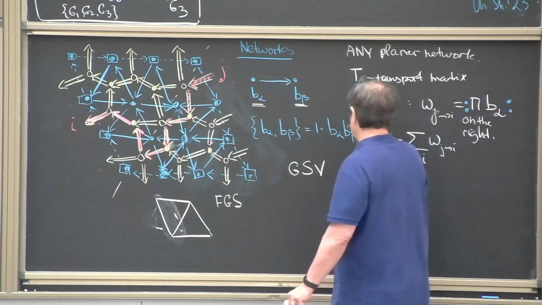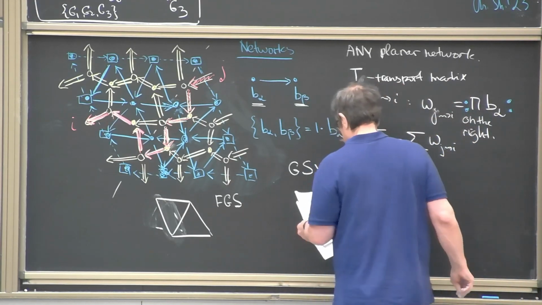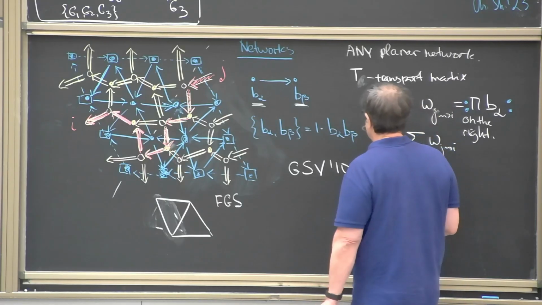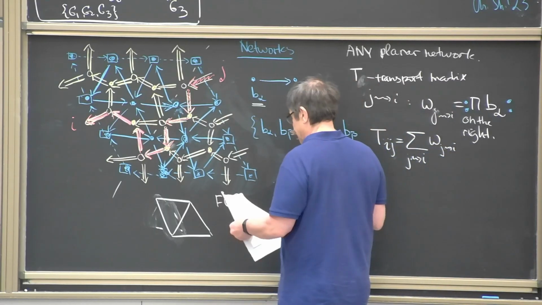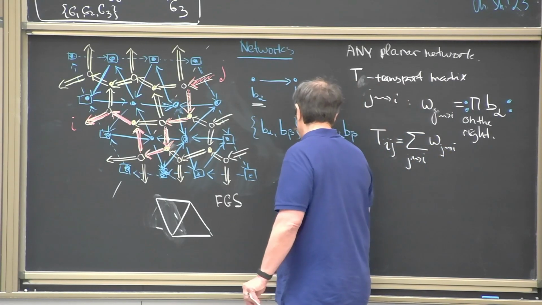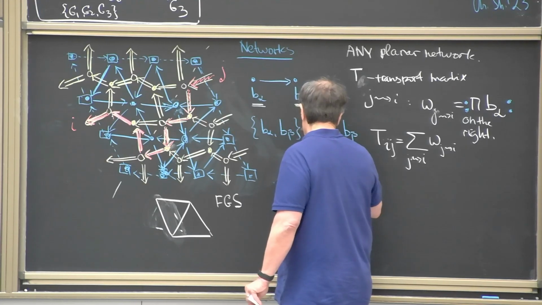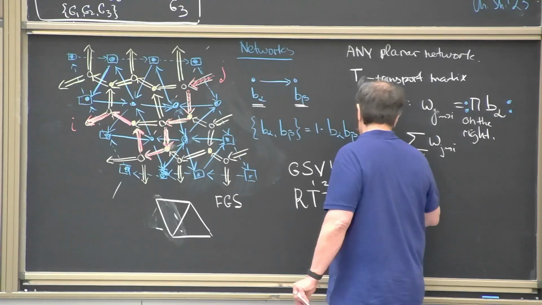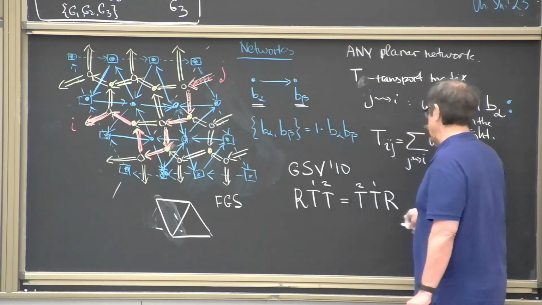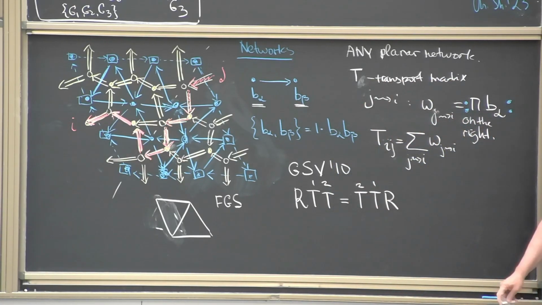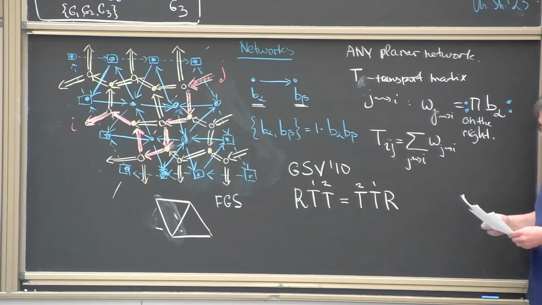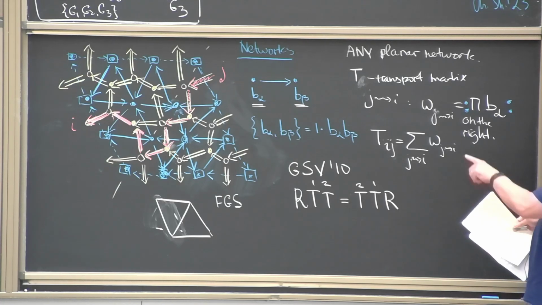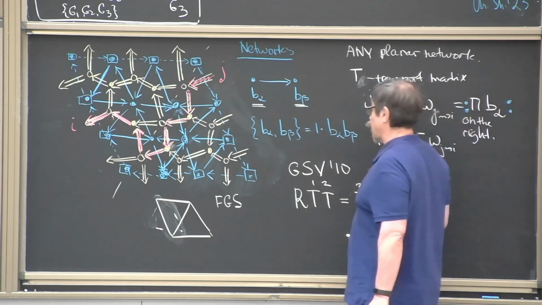And so the result from 2010 is that any such planar network satisfies the classical or quantum Lie-Poisson equation, so even written also in the quantum case. So it's very general. It just happened for any planar network. What is very much specific, however, to this